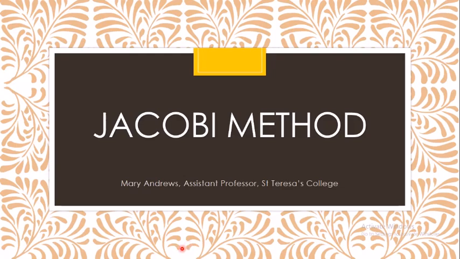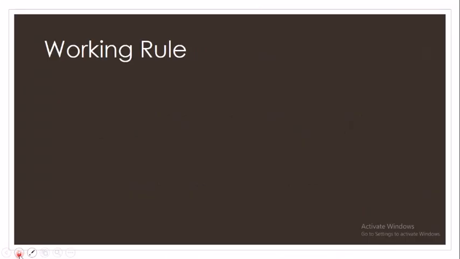Today we will be studying the Jacobi method. Unlike the other two methods that we have studied earlier for solving simultaneous equations, this is an iterative method. The working rule is something related to what we have studied in Newton-Raphson's method, but it is an iterative method rather than changing the whole system of equations into matrices. We follow an iteration method. So let's see the working rule.